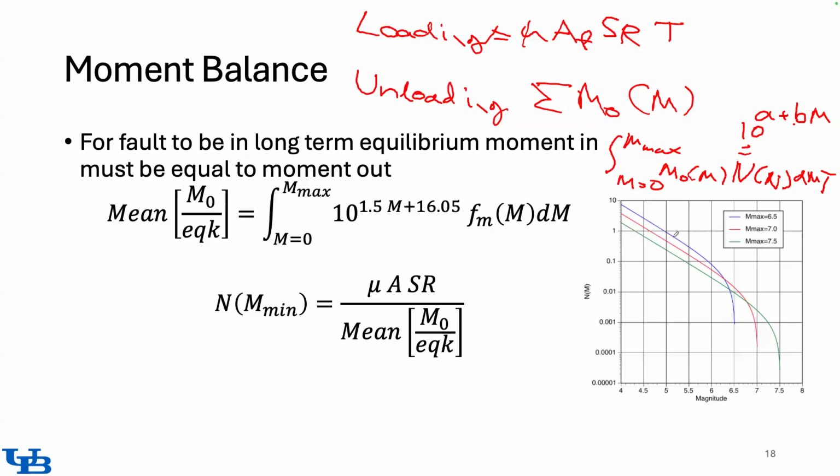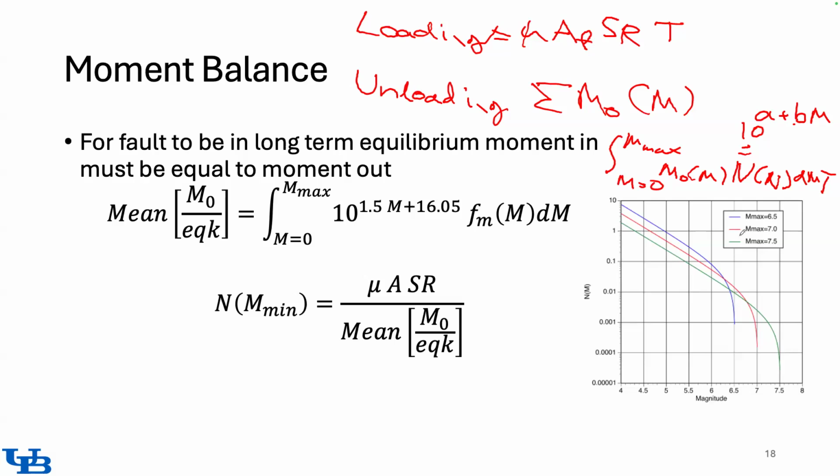And maybe this is one of the things that I will ask you in a homework. This is actually where defining the larger size of the earthquake is important, and it's not always safe to take the conservative assumption and say that the largest earthquake is as high as possible. Because the amount of loading is constant, if you allow larger earthquakes to happen, that means that in total, fewer earthquakes will happen because one large earthquake will release more energy,